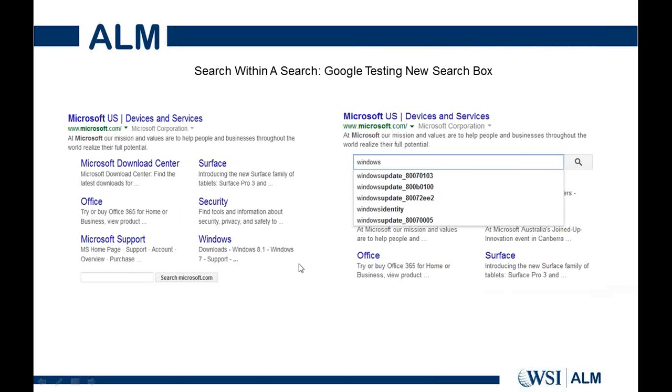So this is sort of a new interface that Google's testing out, search within a search. Something very interesting to look forward to, and it makes us think, because we'll have to organize our internal search engines on our websites really properly and carefully. If Google does allow this feature and makes it standard across the board, then we should have our information on our websites easily searchable. So this is something interesting to take into account and pay attention to.